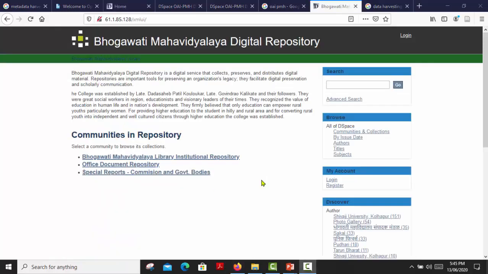Friends, now I am showing practically how to harvest metadata in our repository. This is my institutional repository, Bhagavati Mahavidyalaya Digital Repository. Here I am harvesting the data from IIT Delhi. First, I am going to log in as an administrator.